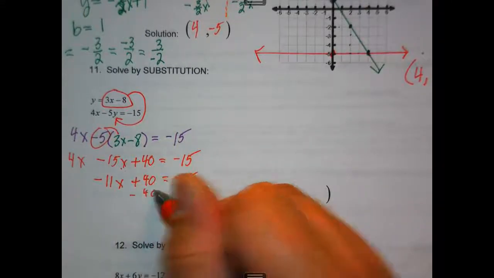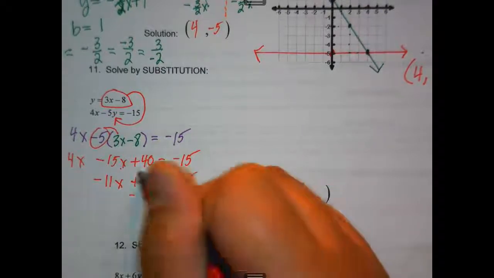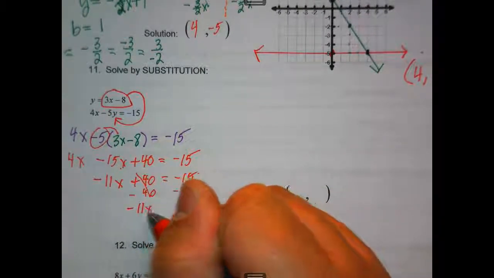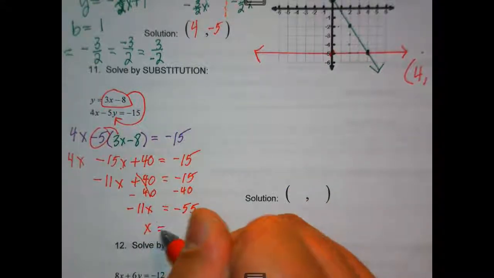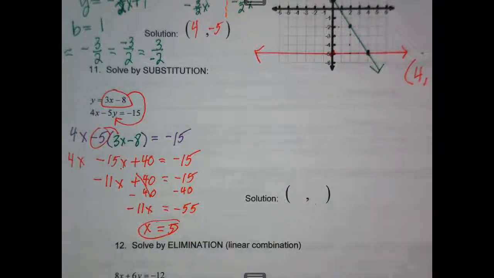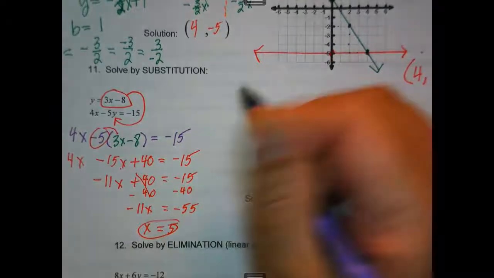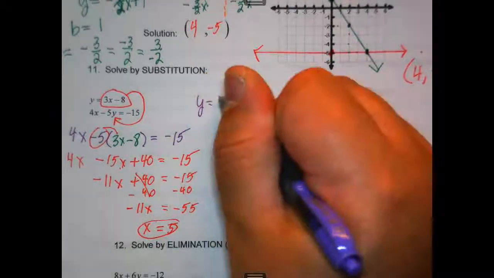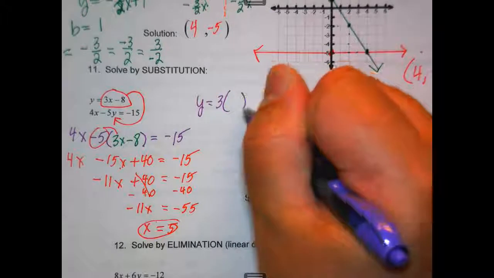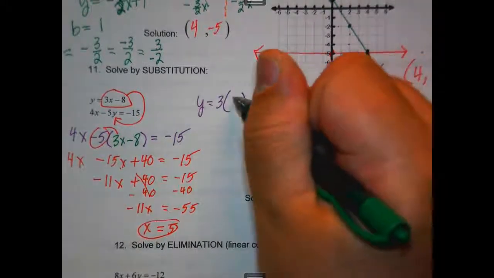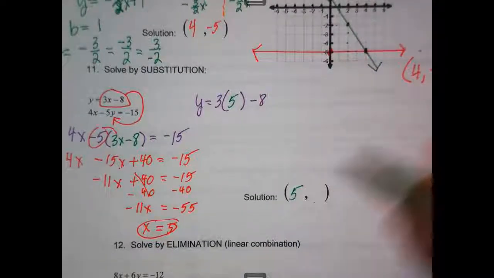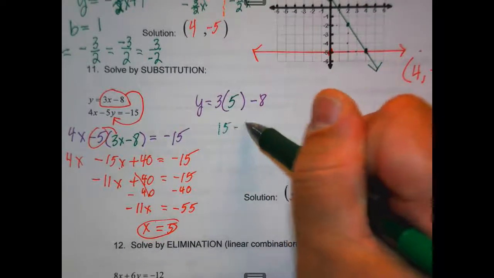4x minus 15x is negative 11x plus 40 equals negative 15. Subtract 40. Negative 11x equals negative 55. What's x? Okay, pick one. I got to pick the top. 3x, we're going to substitute minus 8. My x is 5. So I have 15 minus 8, which is